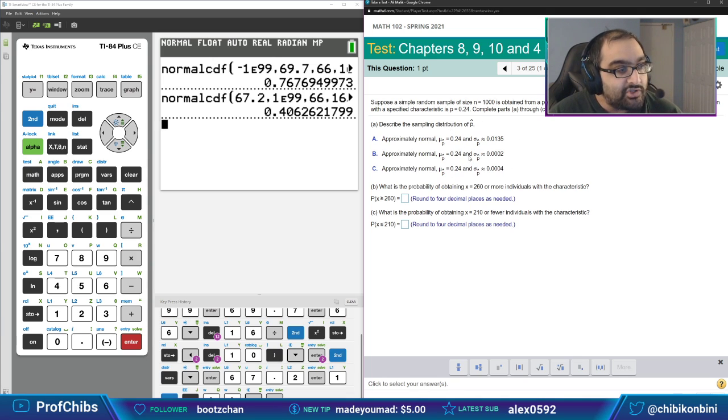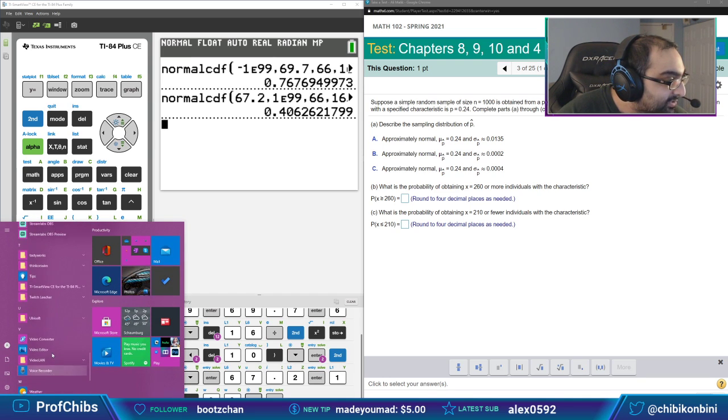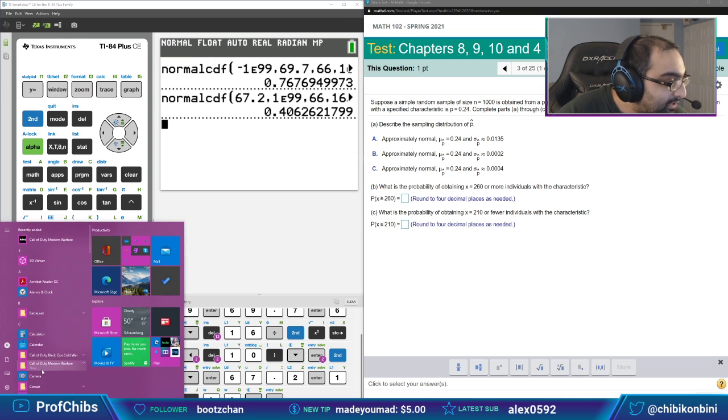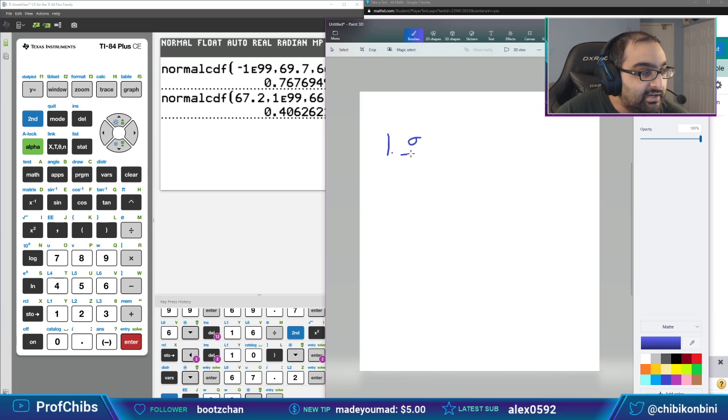What it comes down to is, of course, the standard deviation, and we're going to use a specific formula in relation to the standard deviation. So let me just bust this out for just a second. There you go. So specifically with number one, again, we used this guy here. This was the standard deviation.